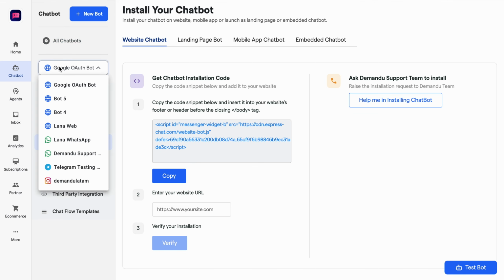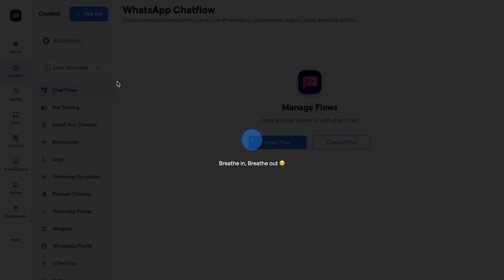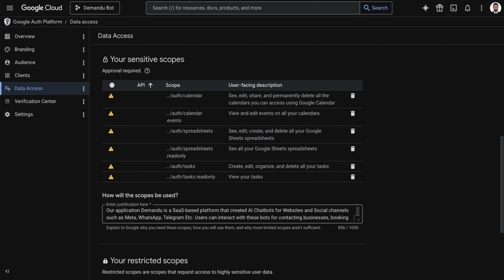Additionally, this has just been for the website bot. We require the same permissions for all the different types of bots, including the WhatsApp bot, the Telegram bot, as well as the Instagram bot. As an example, for the WhatsApp bot, we have, as showcased earlier, the option to not only create events inside the Google Calendar, but also delete them and reschedule them. With the requested scopes that we have, including the calendar and the calendar.events, we will not be